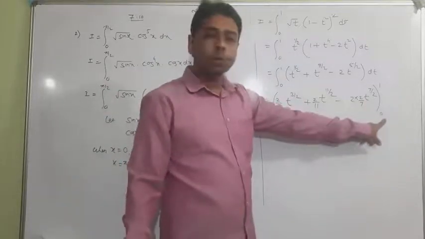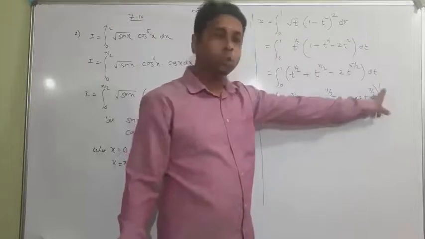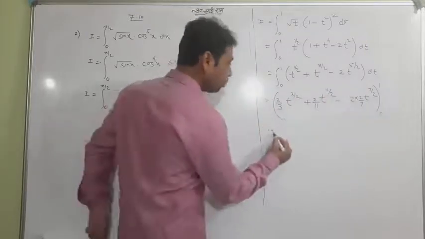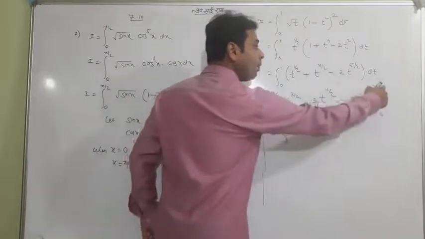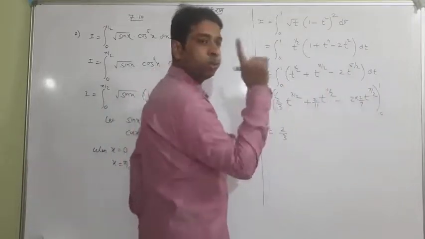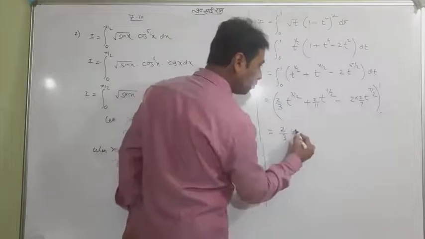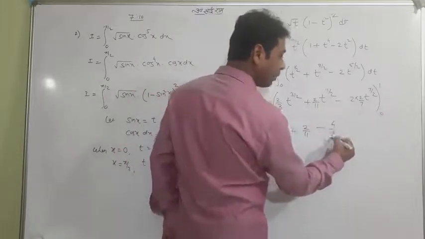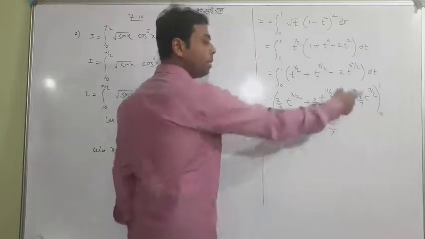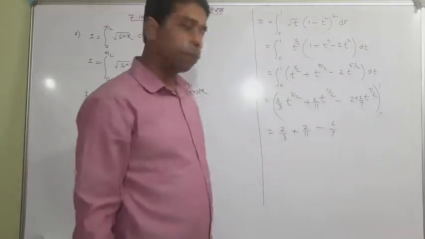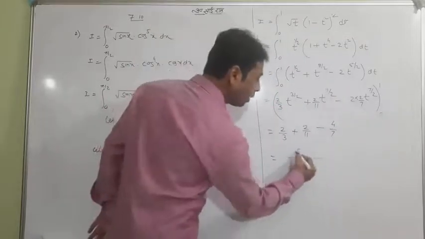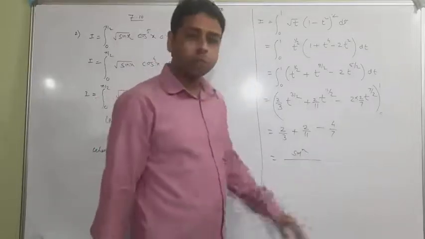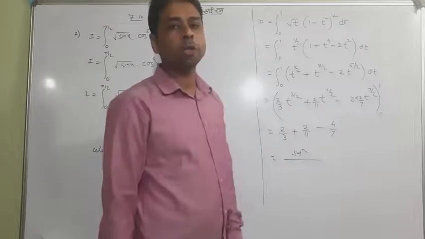For the lower limit we don't have to worry, but the upper limit is the only valuable one here. So 1 will be put all the way, like 2 by 3. When the upper limit is put in the place of t, it's going to be 1, so I don't want to write that term. So 2 by 11 only, it's again 1. And this 4 by 7, it is again 1. And for the lower limit, the whole is 0, so we don't want to write that. Whatever answer you get, this is going to be the solution. Just take an LCM, and whatever answer you have, this is going to be your answer.